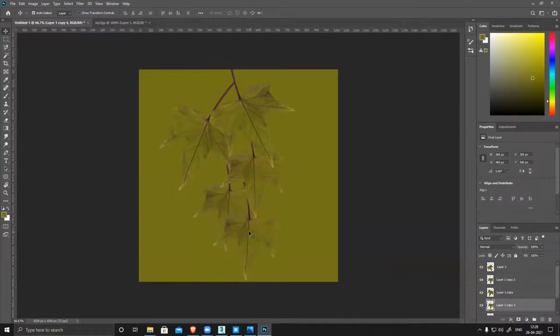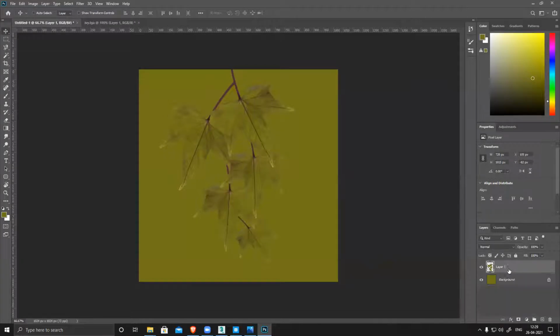Another one. Small in size. What I'm doing is clear, right? I'm just layering them. I'm creating a branch